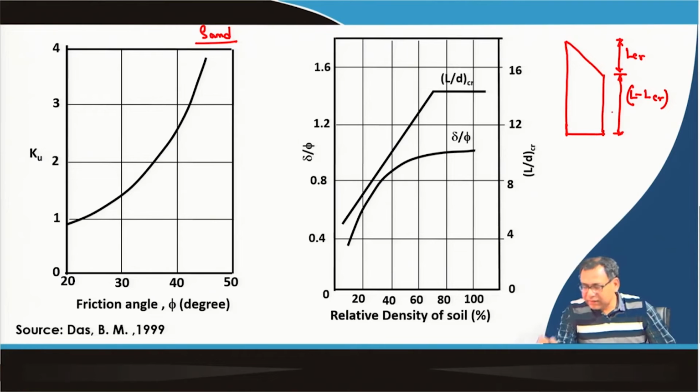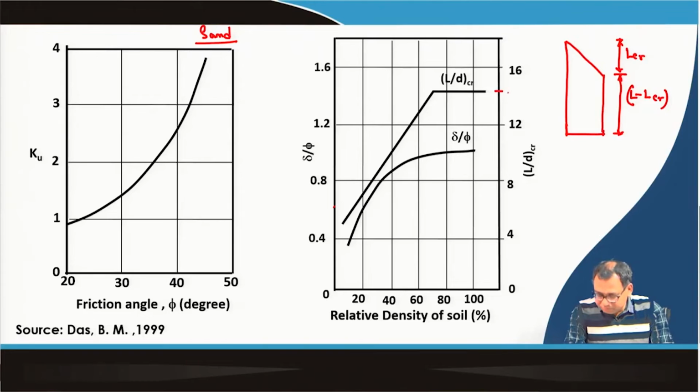Now, how will I calculate the critical length? This chart will help me to determine the critical length. Suppose I know the relative density of the soil, then this chart corresponding to relative density will give me the critical length divided by diameter, L by D critical. This is the critical length axis, this is the delta by phi axis. In this axis we will find for say 80% relative density, it is around 12,